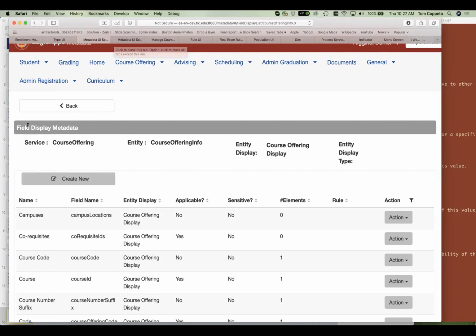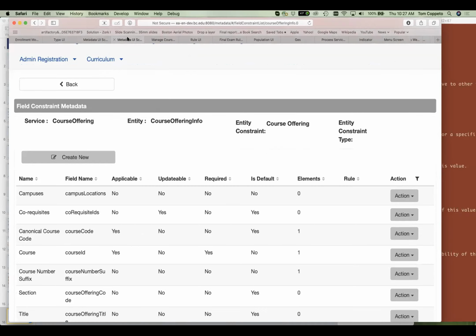One is the display side of the house, which describes and guides the application into how to present something for viewing. And then on the other side of the house, we have constraint metadata. And this is normally what will be in charge when we're creating or updating an object. It's really to guide the presentation and constraints of someone who is actually making a change to